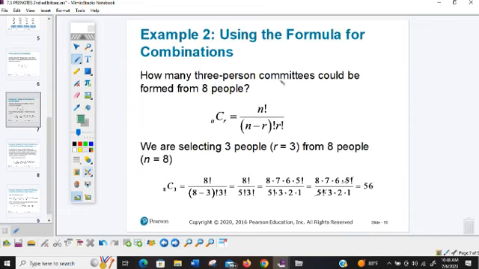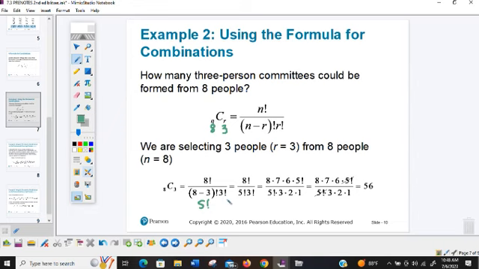So it says how many three-person committees could be formed from 8 people. So our n is 8, and we are taking 3 at a time. So our r would be 3. On top we have 8 factorial. Then here we have 8 minus 3 factorial, which is going to give us 5 factorial, times r factorial, which